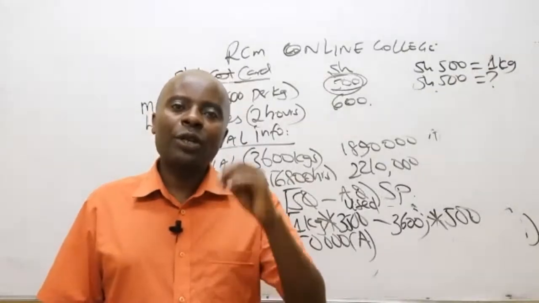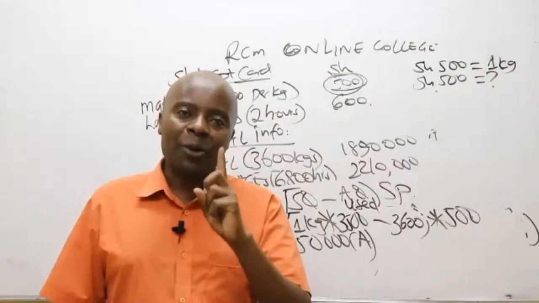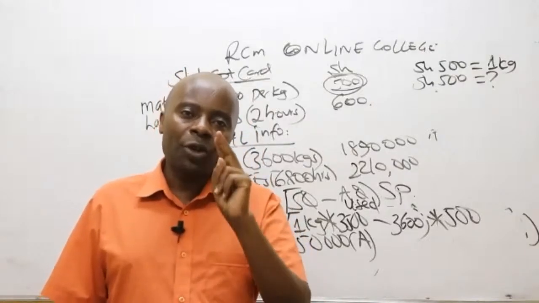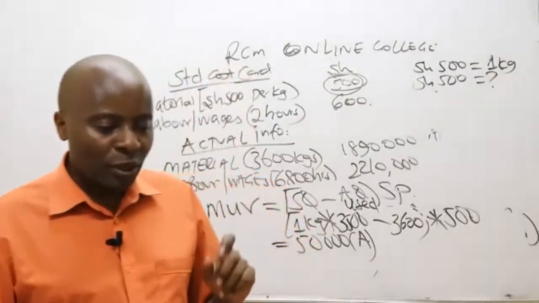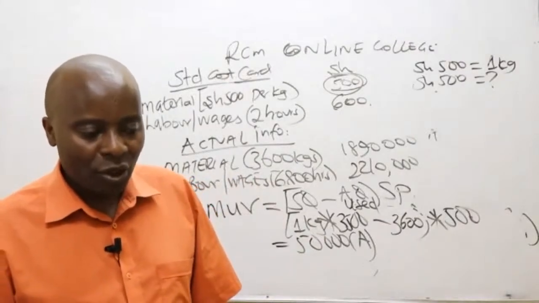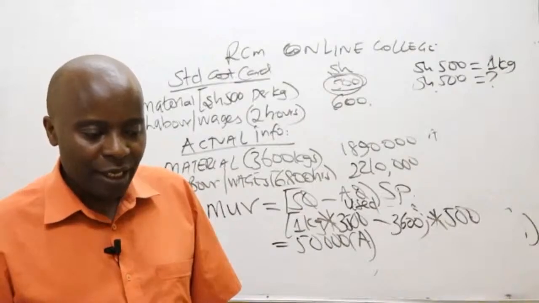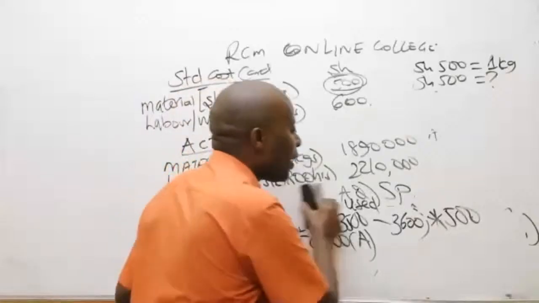Ladies and gentlemen, a student of CPA who wants to get an award reads a question several times. This question wanted us to do three things. Number one, the price. Number two, the material usage. Number three, something that so many students here would have forgotten: the third item, in Roman 1, the material cost variance. So I would want to see whether there is a student who will be able to get this material cost variance very fast.